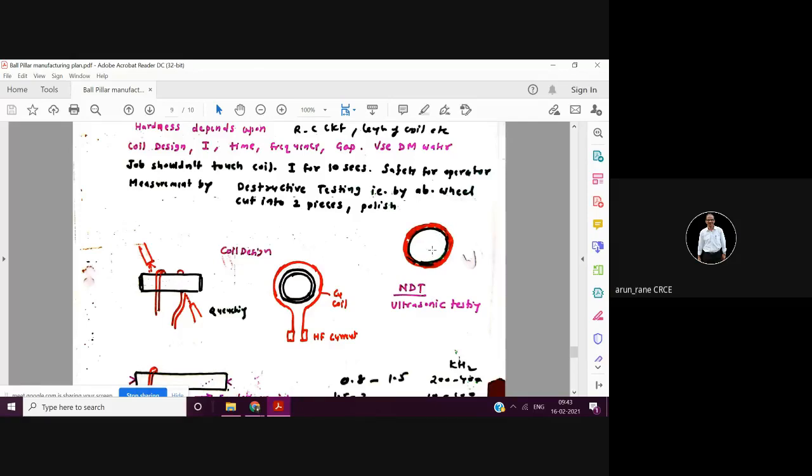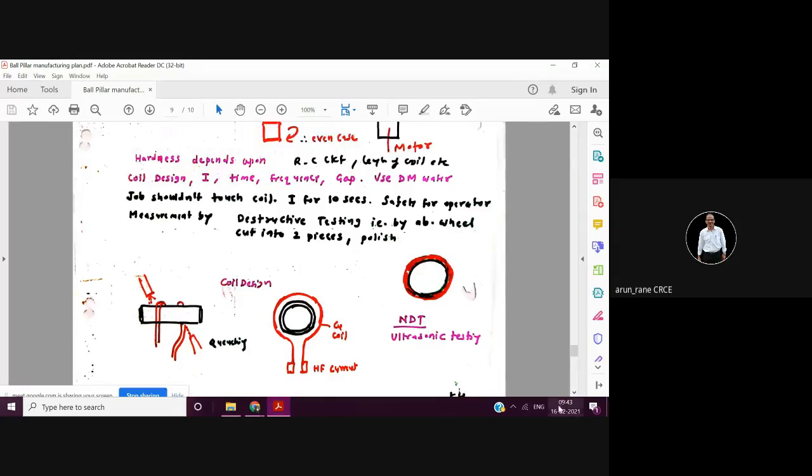Then for the hardness tester also, there are special hardness testers, because you cannot go for your regular Rockwell tester. In a Rockwell hardness tester, the indentation is very high, meaning the diamond indenter goes deep. Suppose the case depth required is say 0.5, it may go up to 0.6 or 0.7. In that 0.6 or 0.7, the material is soft. So the regular hardness tester will not give the correct hardness.